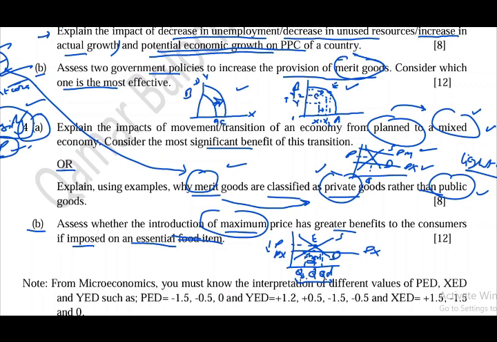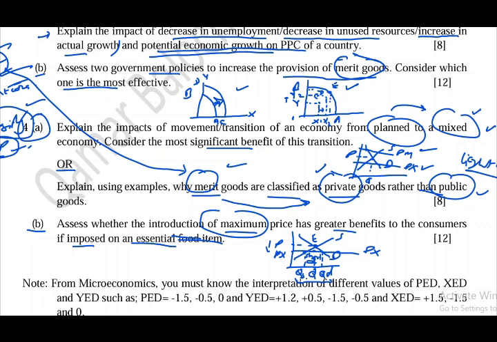And at the end, you have to first explain what are the advantages of maximum price and then what are the disadvantages of maximum price. And then you have to give the final conclusion, where you can say that in conclusion, maximum price seems to be a good and beneficial way of increasing provision of goods such as essential food item to the consumers. However, in many cases it causes further trouble for the consumers because they are unable to find the product in the market because of shortage.